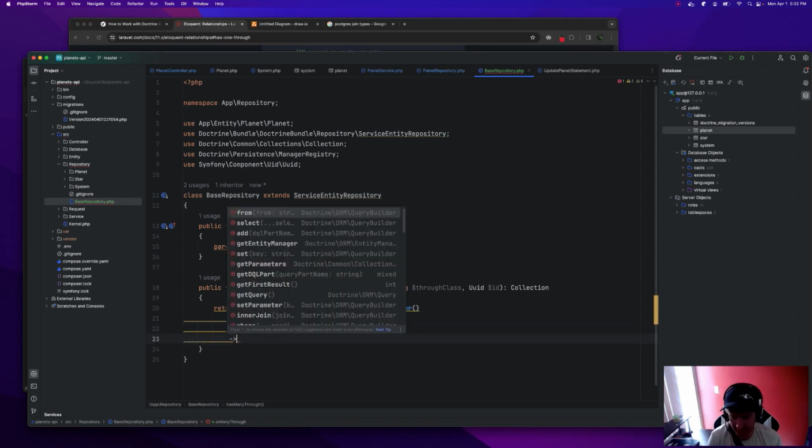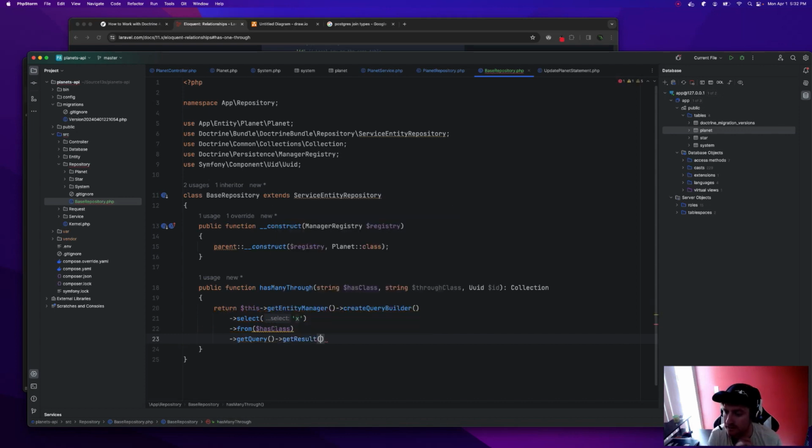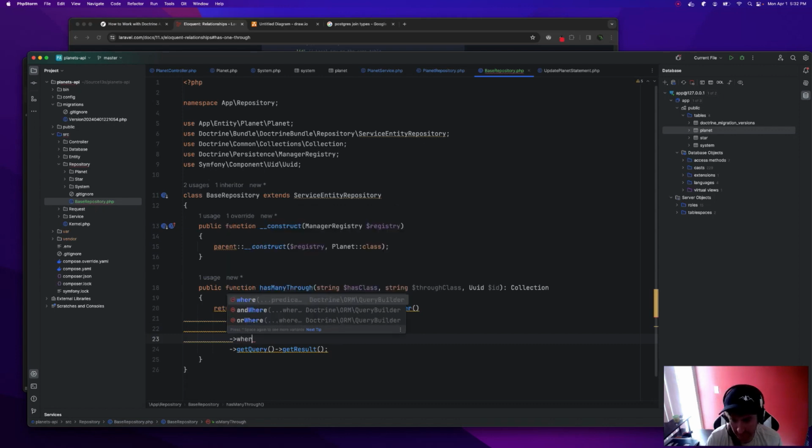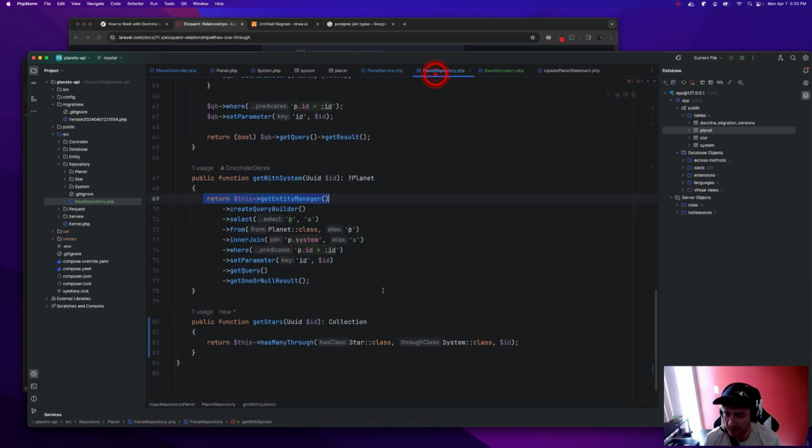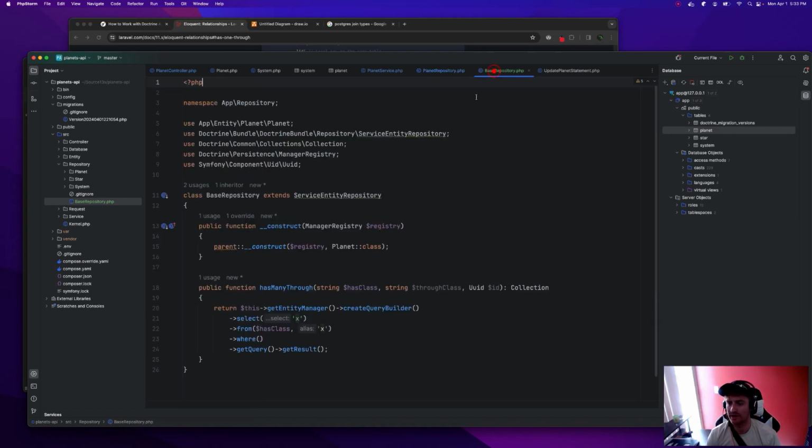From has class. Now we need some criteria. And let's think about how to do this. Well, this ID is not related to this ID, this ID is the planet's ID. Oh, we might want to do that kind of differently too, because we don't want to join on system. We don't need that. We just need stars where in